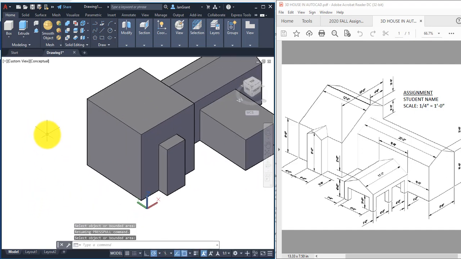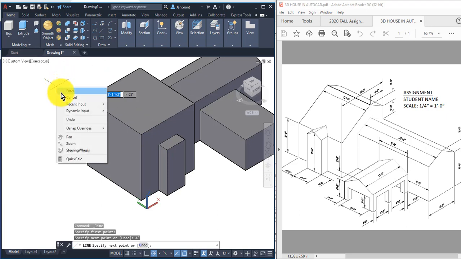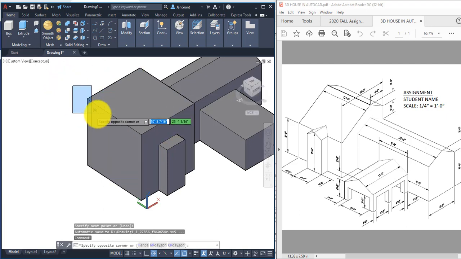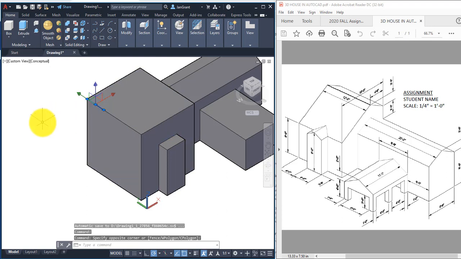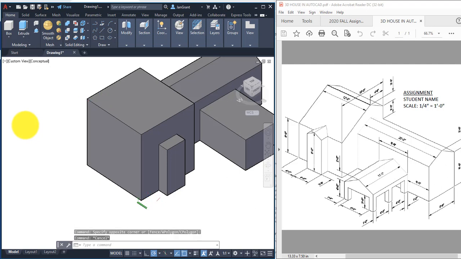And this one, it looks like we have 4 feet from the back right there. So I think I'm going to start with that. I'm going to start the line command, and I'm just going to click, right? Pull my mouse over along this edge and type in 4 feet, 4 apostrophe, and enter. And then enter again. So all I did there was I drew this little 4-foot line right there so that I know that I can use the endpoint once I start establishing